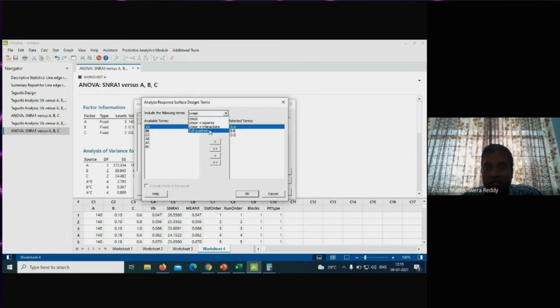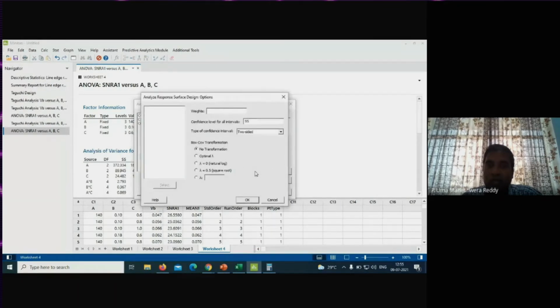And if it follows quadratic, generally we select full quadratic. So having a quadratic relationship between the input and output, you select full quadratic analysis. So now you can see all the terms. If you don't want some terms, you can ignore these terms. For example, you don't want this AC, you can ignore, or you can select. Let me select all the terms and all the interactions.